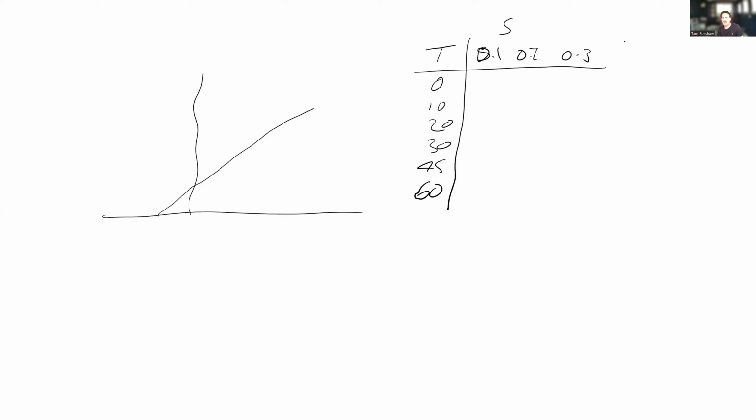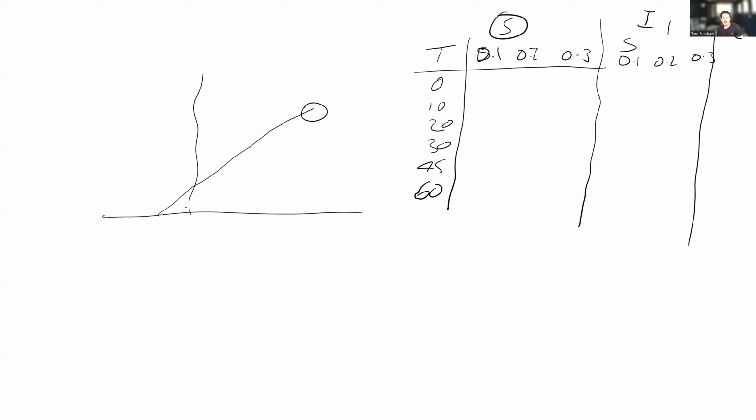Then you would do the same thing with substrate at 0.1, 0.2, 0.3 micromolar, but you would add some inhibitor at a different concentration. That way you would have I0, so that's no inhibitor,